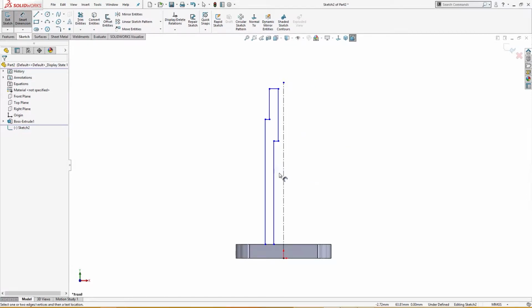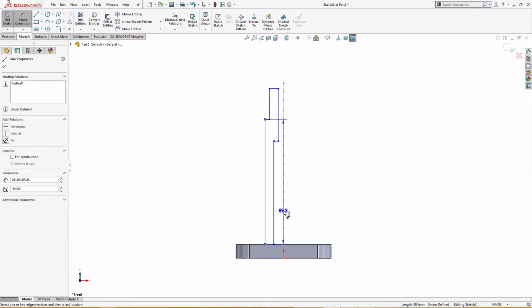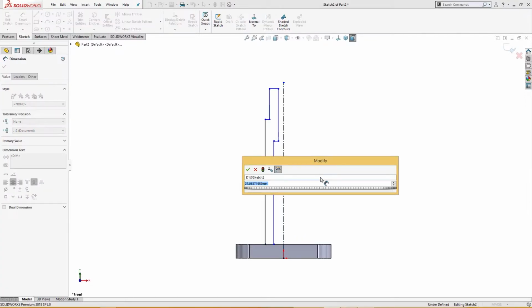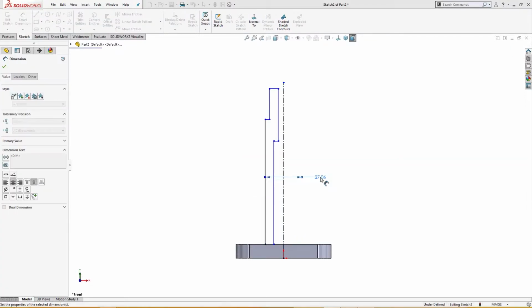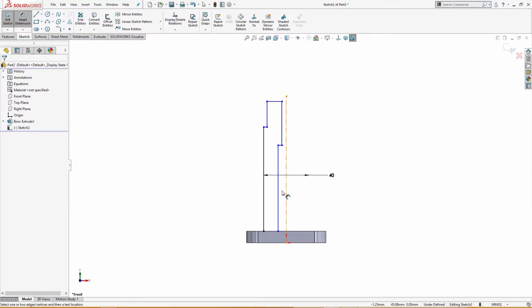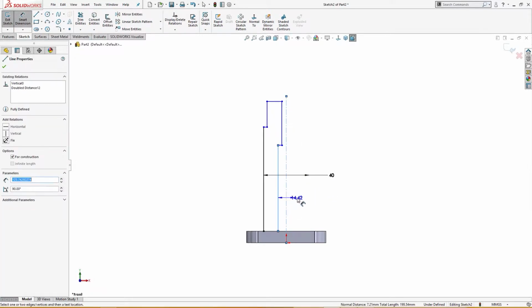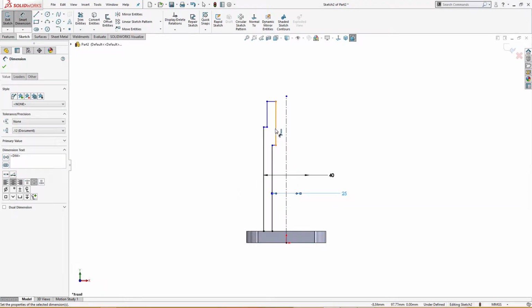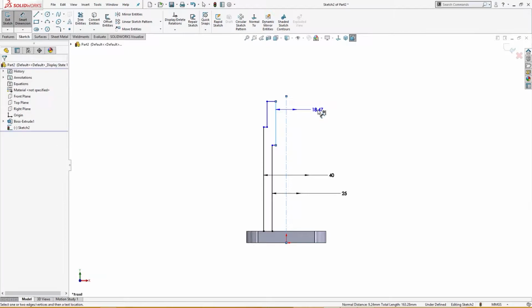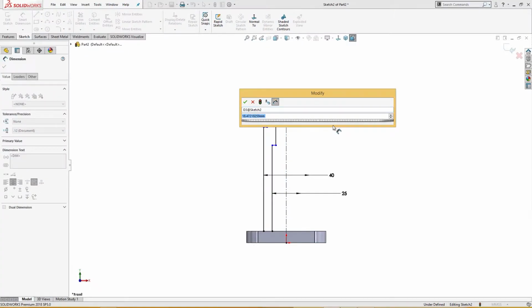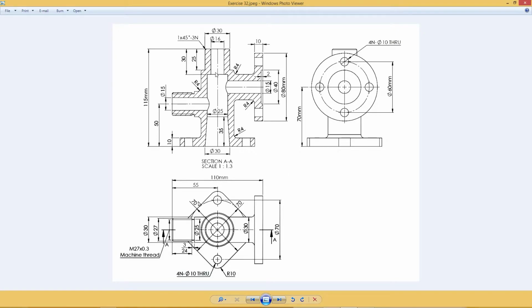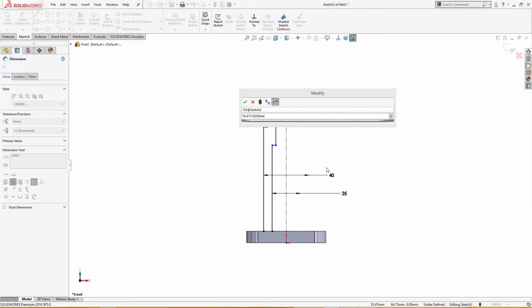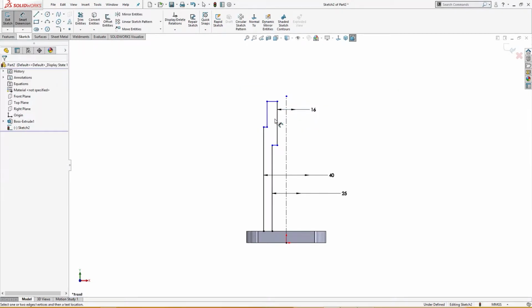Let me give it a dimension. This is 40 mm as per drawing, and this is 25 mm, and this one is, let me check, this one is 16 mm here. So let me make it 16, like so. And the height